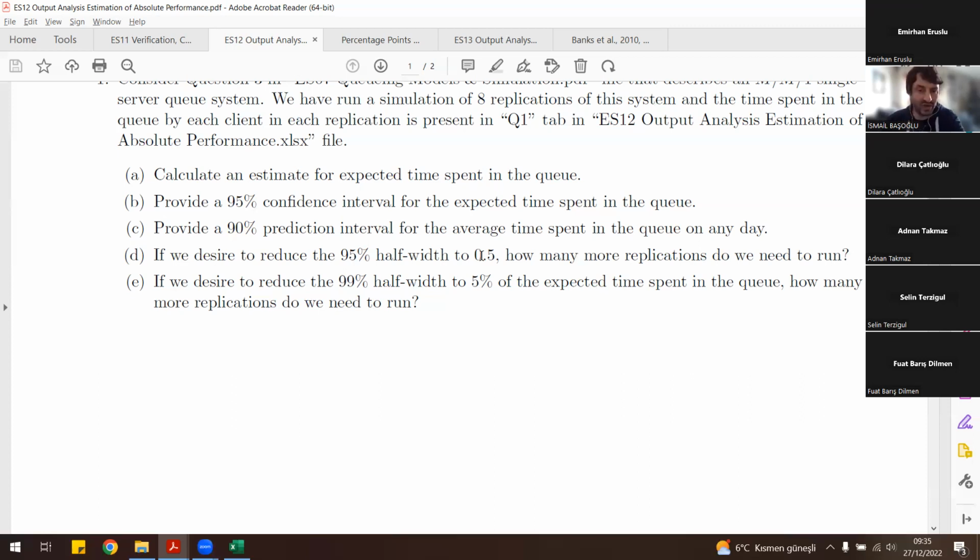I have a strong computer and I can increase the number of replications as much as I want, as long as I turn off the animation in Arena, and I can definitely get fast results here. But here we are trying to keep it to a limited number of replications. If the half-width becomes 0.5, that is just going to be sufficient for us.